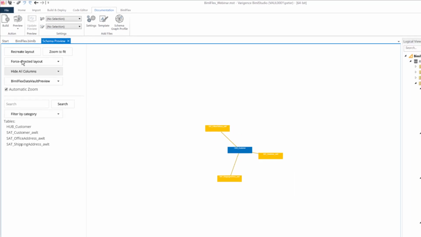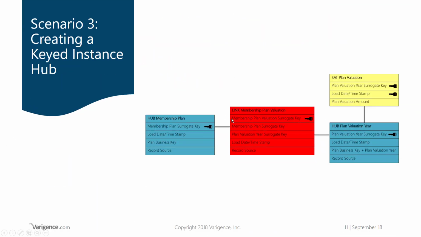Let's look at scenario 3 right now. Okay, so scenario 3 is where you create a keyed instance hub, where you have a hub and then a link and then a hub, which actually brings the membership plan and the valuation pair here together. And this is also sometimes referred to as a weak hub. I'm not sure I like that name. But it is referred to as a keyed instance hub. And what you're basically doing is you're creating a satellite that's the same grain as the hub over here, and again you link it through the membership there. So let's go and have a look at what that would look like